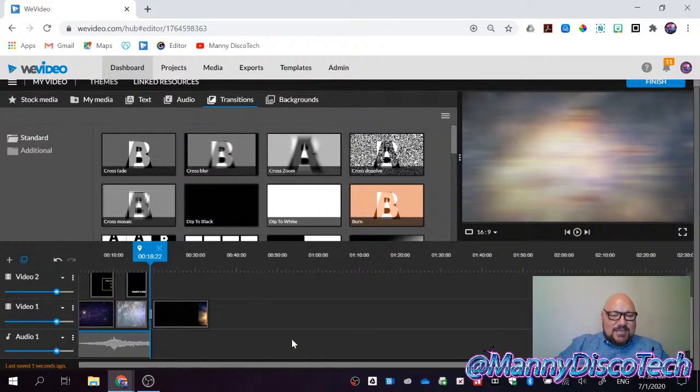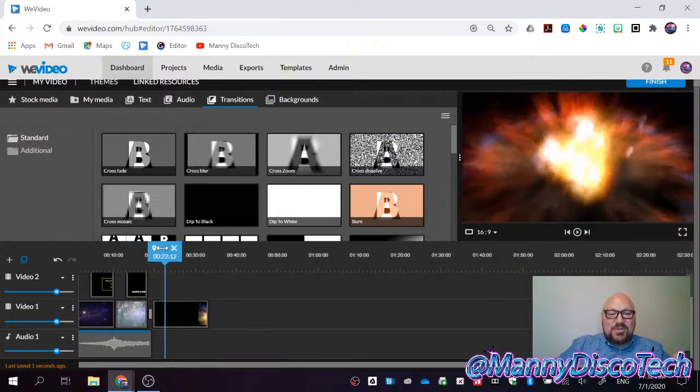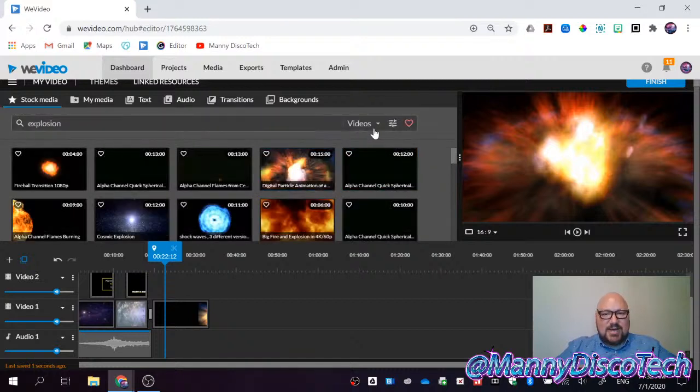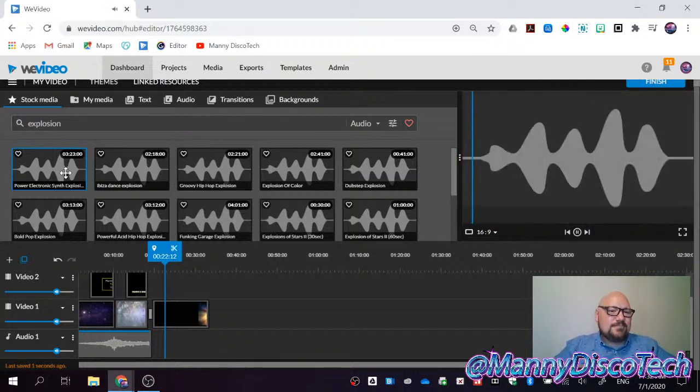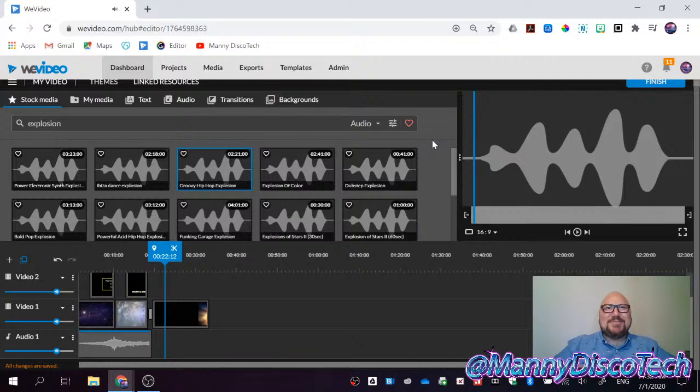So anyways, now I need the explosion sound, because what's an explosion without the right sound? So I need to do that. All right, so I'm gonna go back to the stock media and I'm in explosion and I'm going to pick audio because I need audio that goes with my explosion file, because otherwise it's not the same. And you'll be like, okay, those are not explosion sounds, which they are not. That's like music. I don't know why they're there.